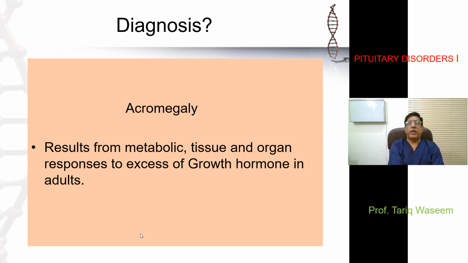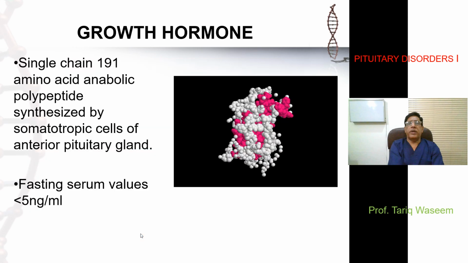Now, if you have increased growth hormone in very young people, they would grow linearly, meaning in their height, and each and every organ of them would become enlarged. So this is what we call gigantism. But when it happens at a later age, when the bone cannot grow linearly because the epiphyses have closed and completed, then there is no linear growth. Instead there is transverse growth, or growth in breadth, and this leads to widening of the wrist, widening of the bone, widening of the joints.